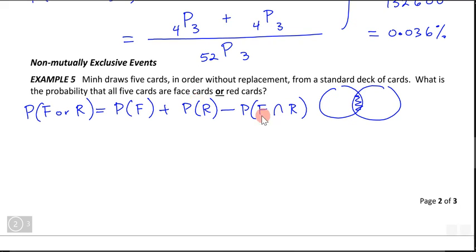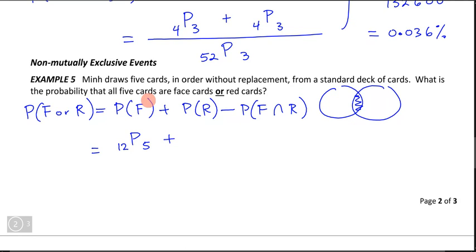But remember back in chapter 1 when we did these probabilities, it was all about drawing 1 card. So it's easy to say the probability of drawing a face card. Well, how many face cards are there in the deck? There are 12 of them, so you normally would say, well, 12 out of 52. But I'm not just drawing 1 card; I'm drawing 5 cards. And that's why this is now a permutation problem, because of this number here. We're trying to arrange 5 cards. So I'm interested in finding the arrangement of 5 cards given 12 face cards,